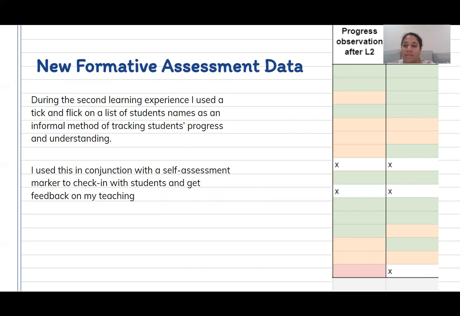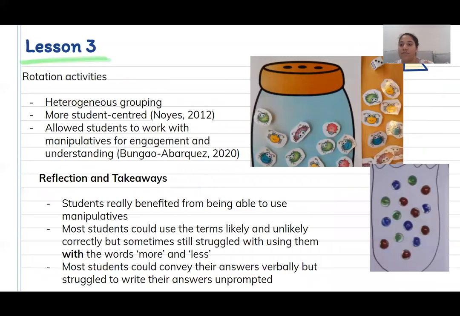But it mostly matched up, which was a positive because it gave the impression that on the whole, my teaching and feedback in particular aligned with their performance, and they were aware of that feedback and the progress that they could make. So for the next lesson, I organized maths rotation activities where students engaged with the content in a variety of modes. And my aim here was to ensure that students had experience transferring their knowledge to different situations and had exposure to a wide range of examples of chance events and experiments.